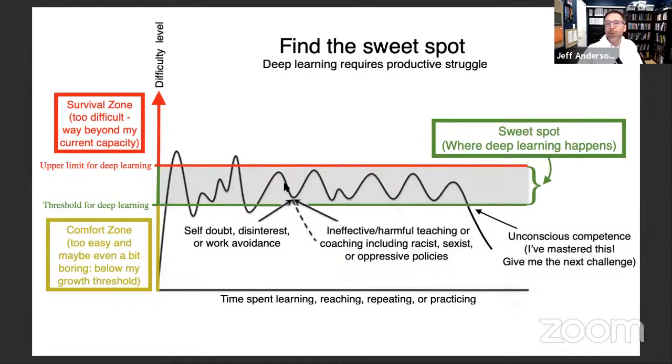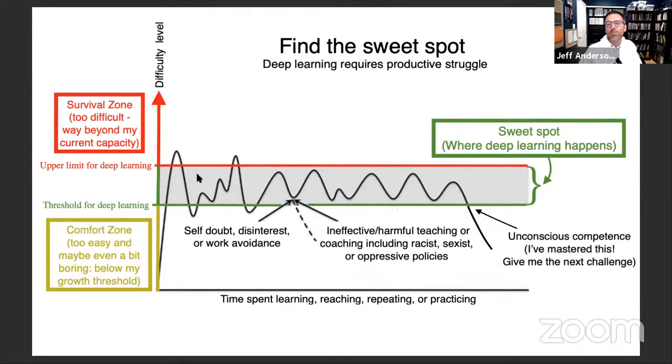Think about athletics. Could you work out 5 times in one day for 2 hours each and expect huge results in your body, like looking like Thor from one of the Avengers movies? No, right? That's not how your body works. But if you decrease the intensity, 2 hours one day, 2 hours the next day, 2 hours the day after that, and then do that over a year, all of a sudden your body will encode that learning in ways that you can see. And the same thing is true when we develop deep expertise in something.